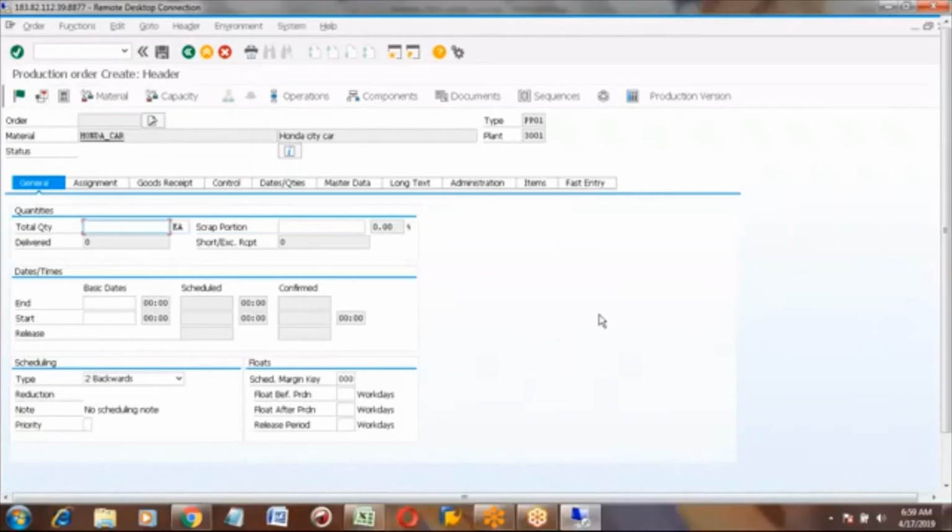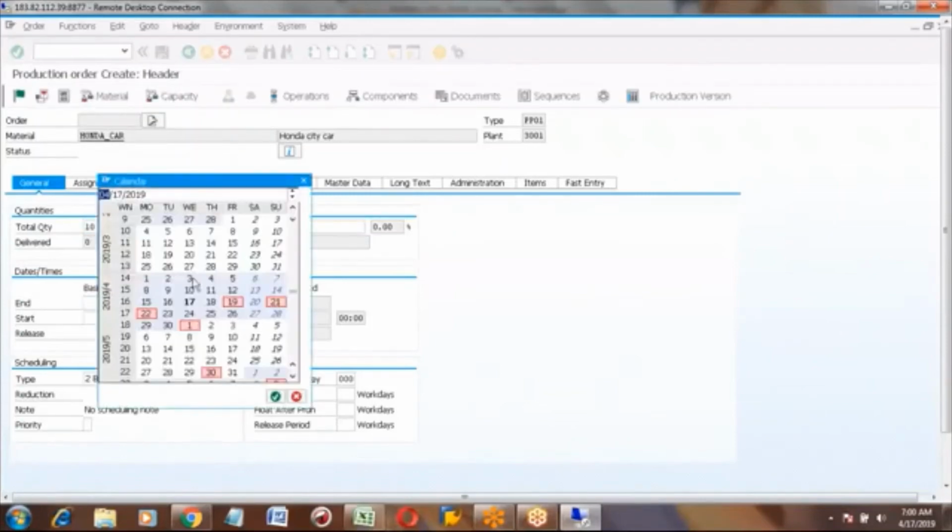The transaction code is CO01, direct production order. Once you come here, first you need to enter the quantity, how much you want to produce. For example, I want to produce 10, and you need to enter the end date, which means when you are going to complete this.